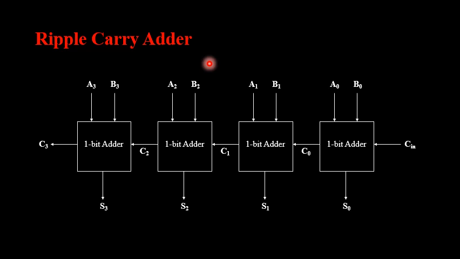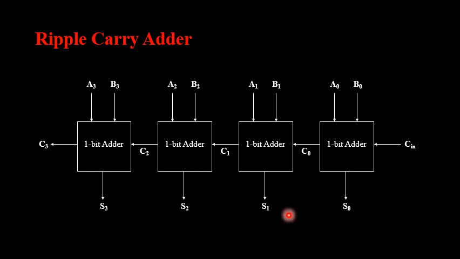Now if I consider that each and every individual 1-bit adder cell has a delay, that is, an adder delay of around k1 seconds, then in general if there are n number of bits, n into k1 times it has to wait, and that will be the total computation time required to perform the operation of a ripple carry adder.